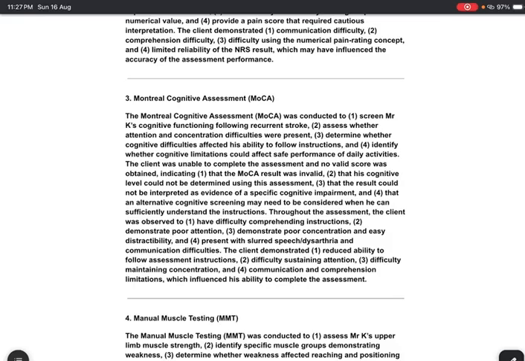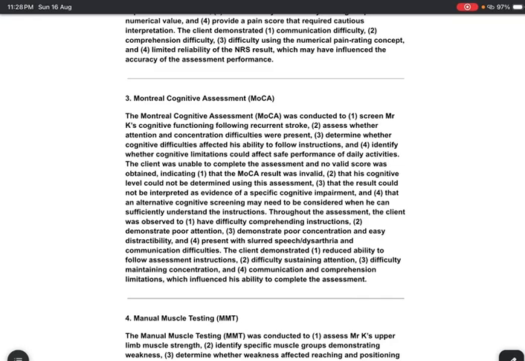Next assessment is manual muscle testing. For manual muscle testing, the purpose was to assess Mr. K's upper limbs muscle strength and identify weakness that may affect reaching, positioning and ADL performance. The right upper limb demonstrated relatively normal strength, which is 5 out of 5. For the left upper limb,